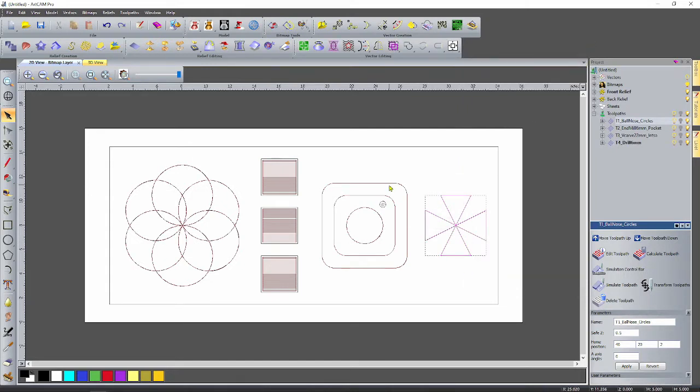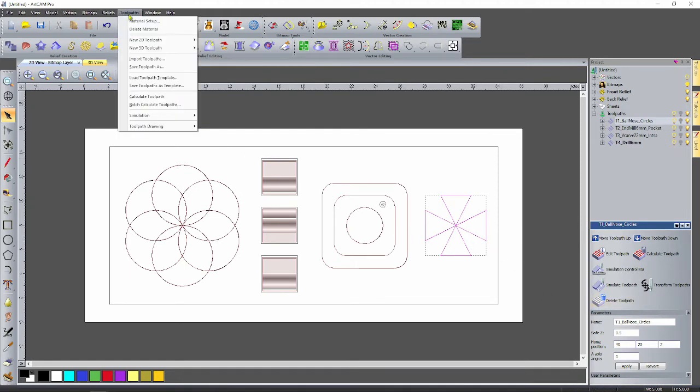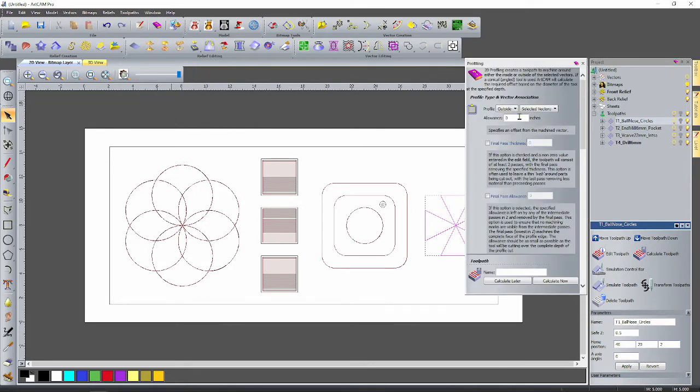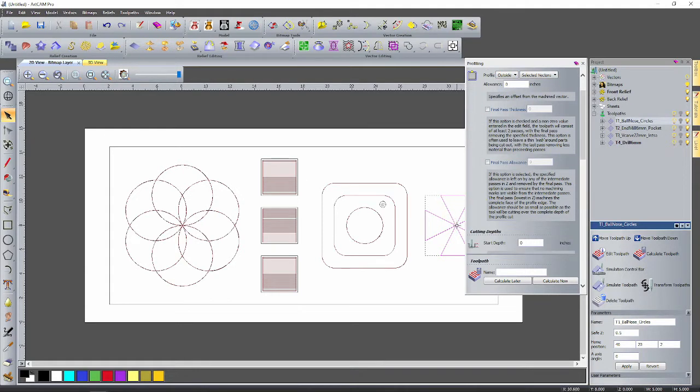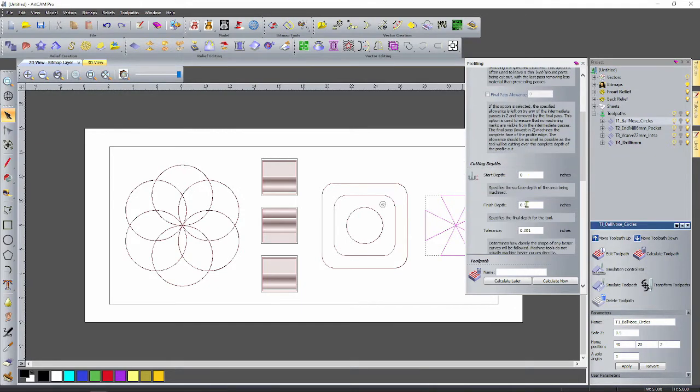And let's select this 4. For this also I'm going to use V curve. So profile. And this time let's go outside. So we're going to have exact 2.5 by 2.5 inches for those 4 triangles. Start depth. It's going to be 0. Finish depth